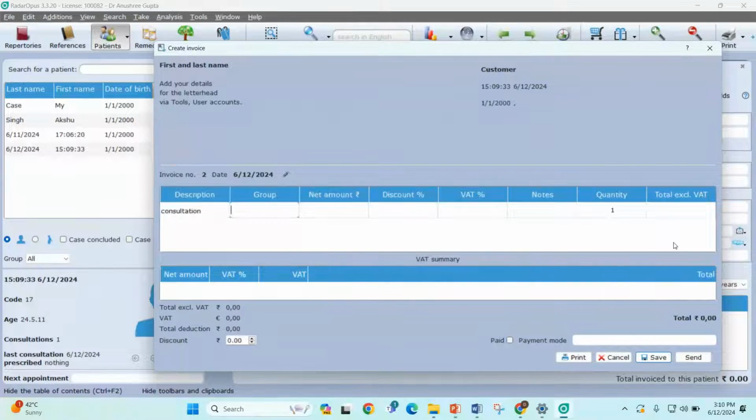You need to mention any group if you are mentioning your patient in the different groups in the software. Next is you can mention the amount, any discount which you are giving, total, exclusive total amount that your patient needs to pay. So this is how you can create your consultations, and you can print it also with the help of the software.